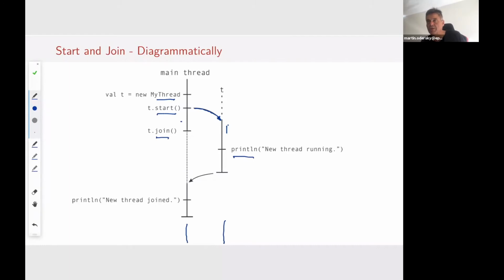You see that with the dotted line here. So it will not go to the next statement. It won't do anything until it's notified that the second thread, the T thread, has terminated. And then it will go on and do the final printing. So that's the diagram that tells you how these two threads operated here.